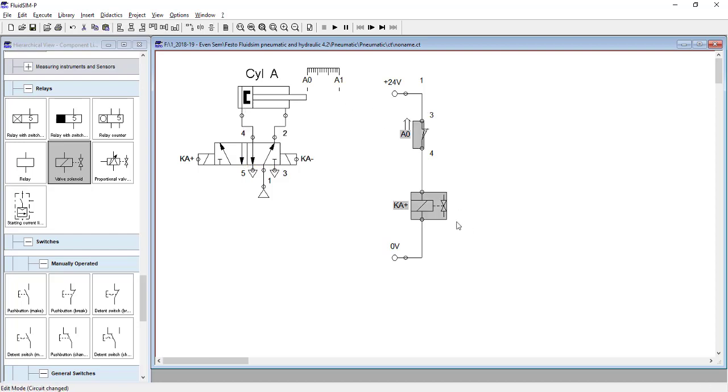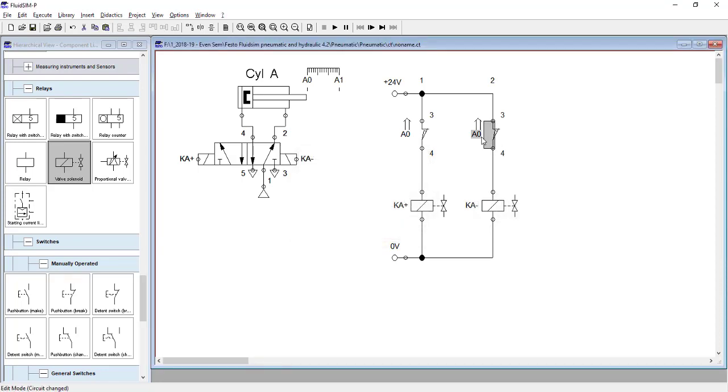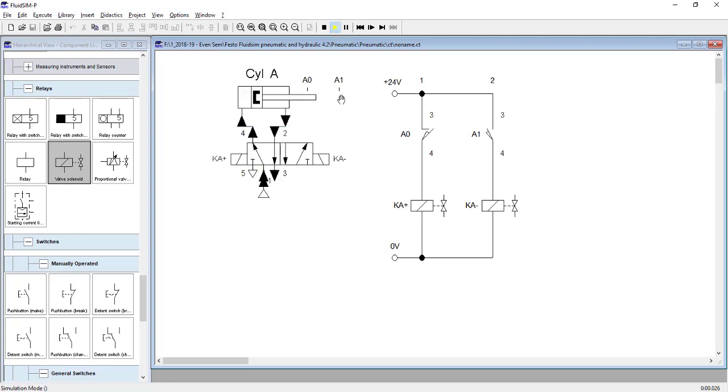If this position of the valve gets active, compressed air will go to the left side and the piston will move forward. Similarly, we can create another circuit over here. This also is connected to 24 volt at the top and ground at the bottom. Here it is Ka minus, and it is A1. So when the piston moves completely outwards and touches A1, A1 will get closed. Because A1 gets closed, Ka minus will get electricity. So this right position will become active. Compressed air will go to the right side and the piston will move inwards.